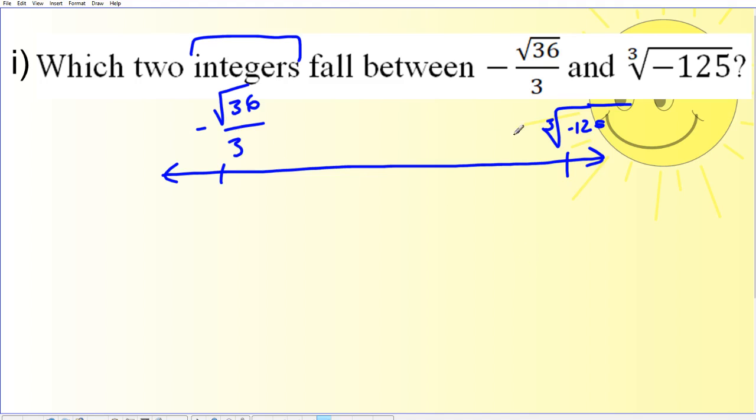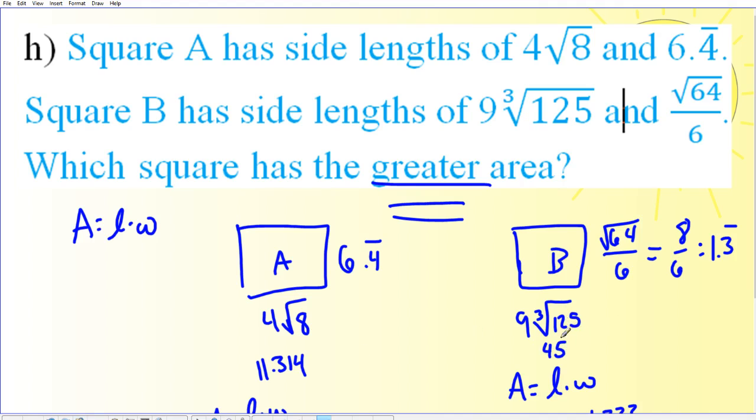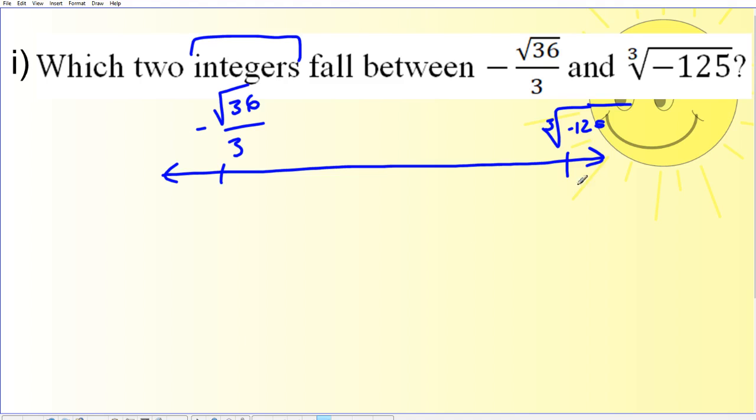So the first thing I've got to do is figure out what these two values are. So I'm going to do this one first, since I actually think I just did this problem in the last example, didn't I? Yeah, cube root of 125 is 5. So this cube root of negative 125 is negative 5. Over here, the negative square root of 36 divided by 3. So I know I'm going to get a negative. I know the square root of 36 is 6. Divided by 3,